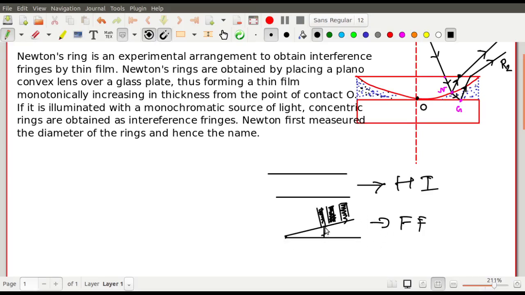Because a particular fringe is generated due to a particular thickness, and the next fringe is again due to a particular thickness, and the next fringe again has a particular thickness. That is, this thickness is responsible for a particular fringe over here, and here also a particular thickness, from the point O as you move outward on all sides, basically, because this arrangement is something like